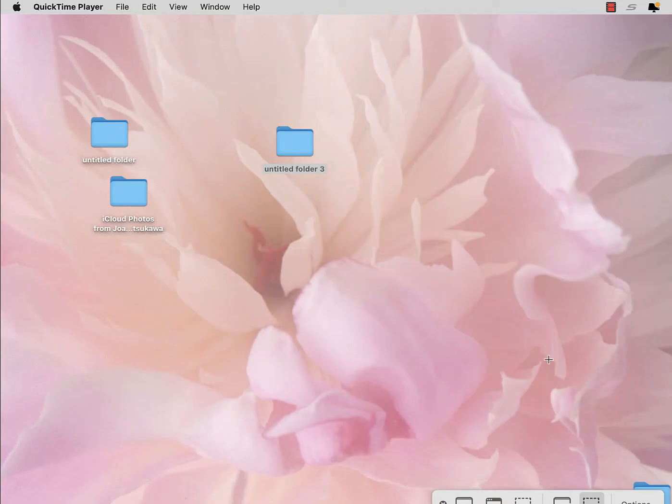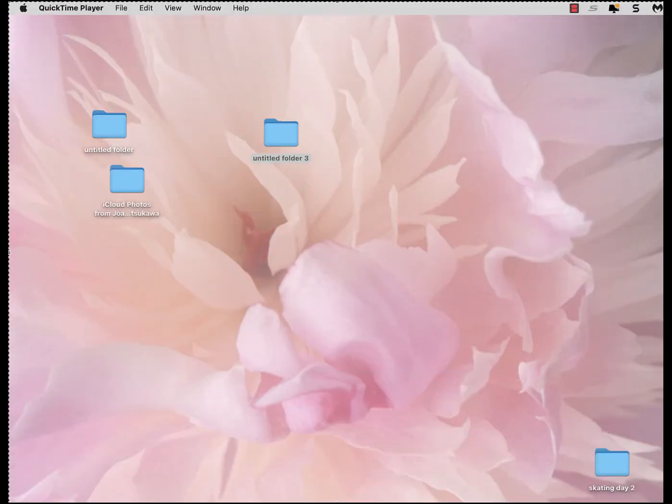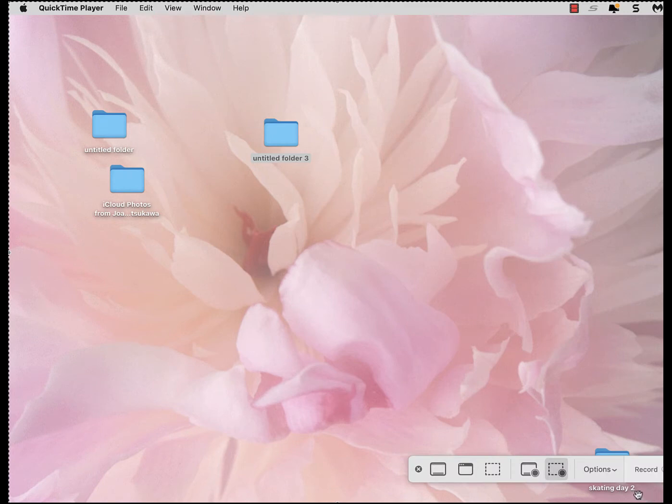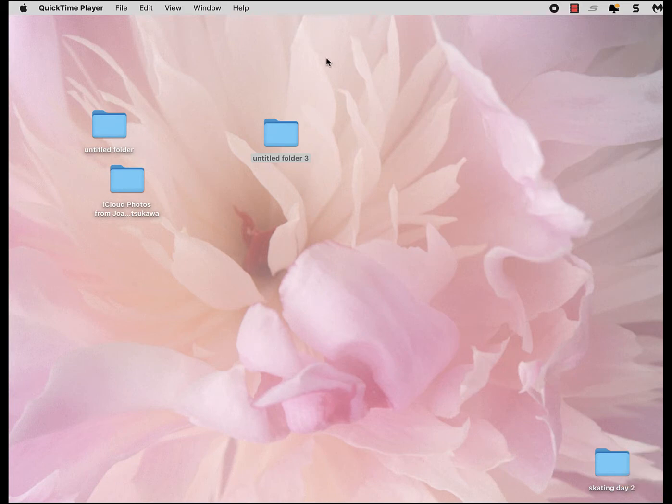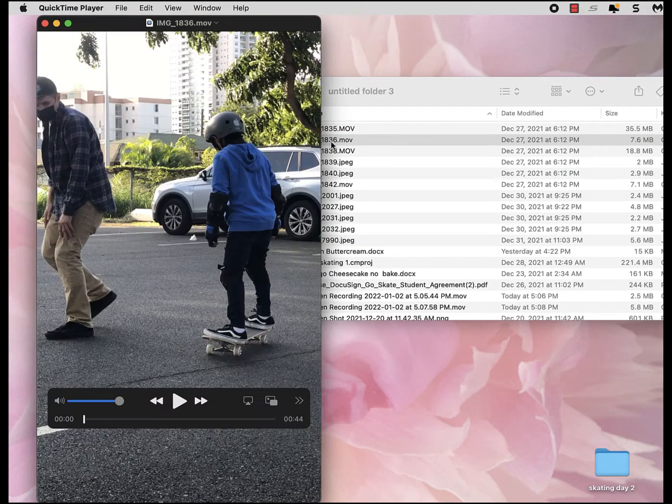Okay, then you notice that the cursor is a plus. That means that we need to select our area. Here we go. And now we have record as an option. So we click record. Okay. Once it counts down, do whatever you want to do with your screen, and it will be continuously recording